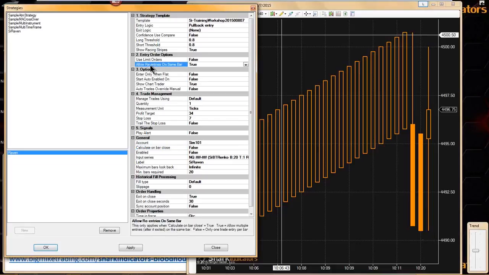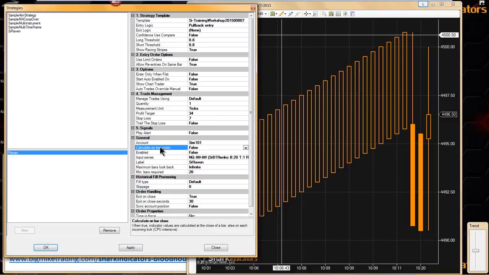So now getting back to this, allow re-entries on the same bar. This only comes into play when we have calculate on bar close set to false. With this set to false, if we're looking at the closing price on the current building bar, you can imagine that with some systems, price could move up, get you into a trade, get you stopped out, and then get you back into a trade, get you stopped out, get you back into a trade. That wouldn't happen with this particular system just because of the way this one is, but with other systems,